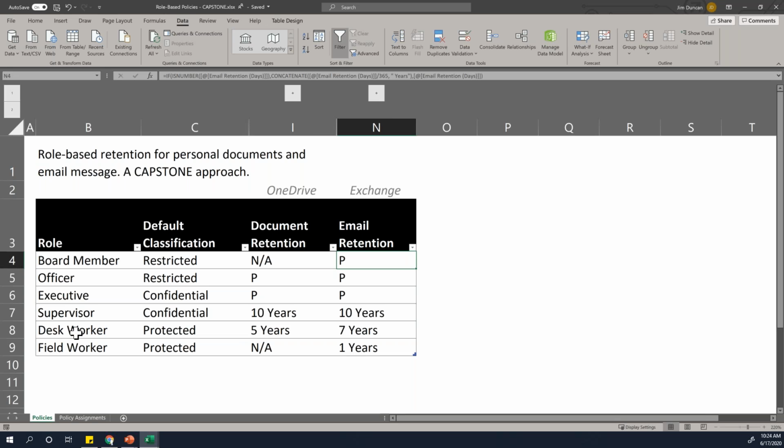Now, for a desk worker, as we've called it here, their content by default is protected from anyone outside the organization, but they're allowed to share with people inside the organization. Board members' content in their email, really restricted. Really only they have access to it. And then there's a few different ranges in between. When it comes to OneDrive,